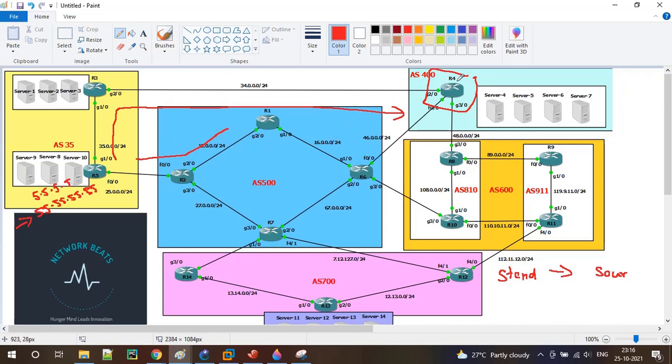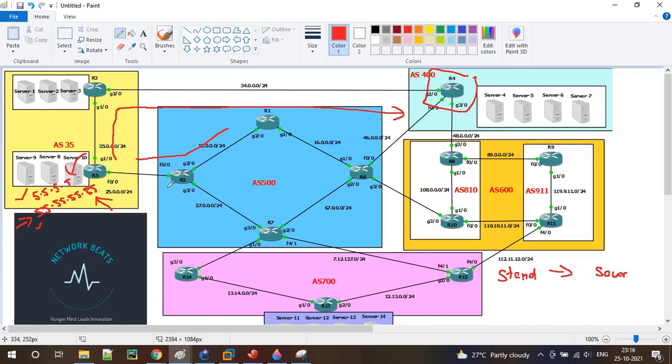Since R4 is the receiver, R4 cannot be the source. So the source is 5.5.5.5 and 55.55.55.55, and in order to match my source prefixes, I'm using a standard access list. Got it?